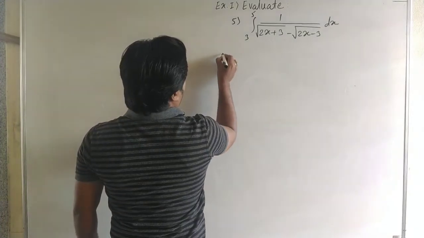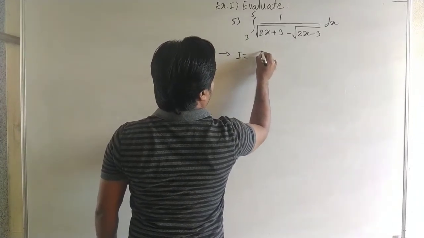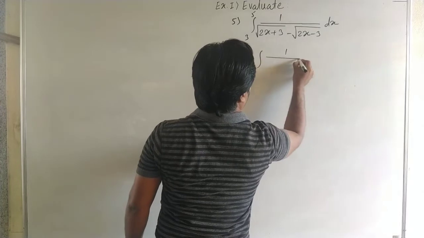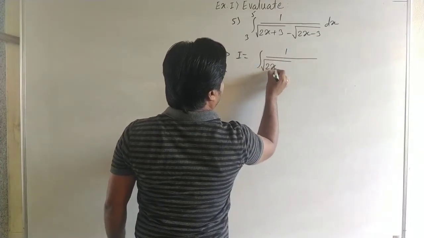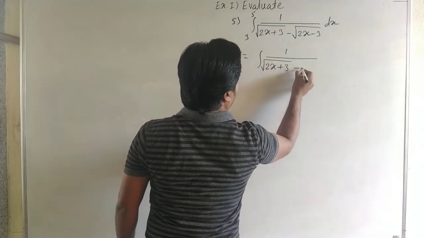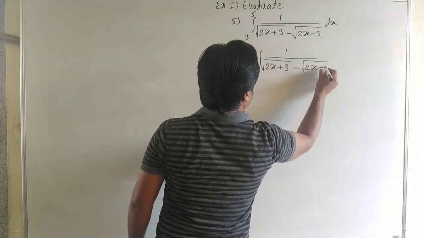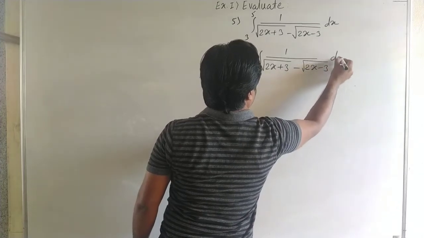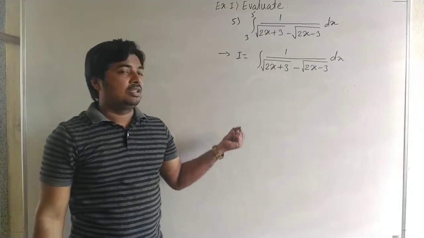Now let the integral be 1 upon under root 2x plus 3 minus under root 2x minus 3 dx. Again, such type of examples we have discussed in our